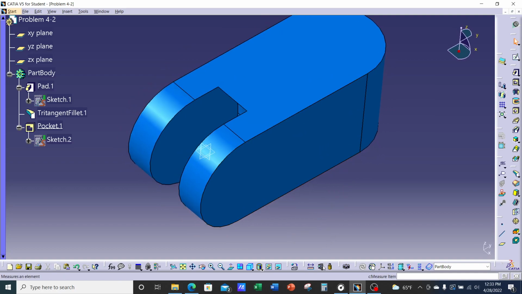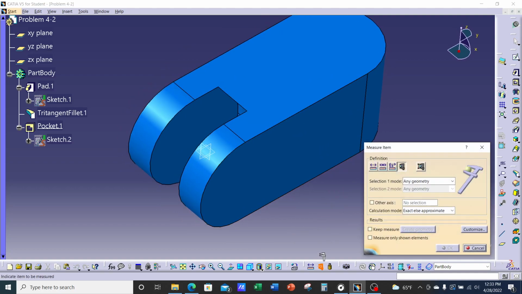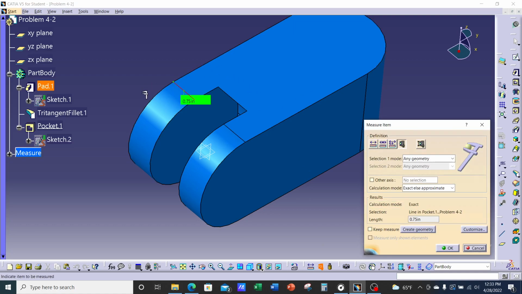And to check the thickness, we can always use our calipers. Pick the calipers. And you can see this is 0.75. Okay, so